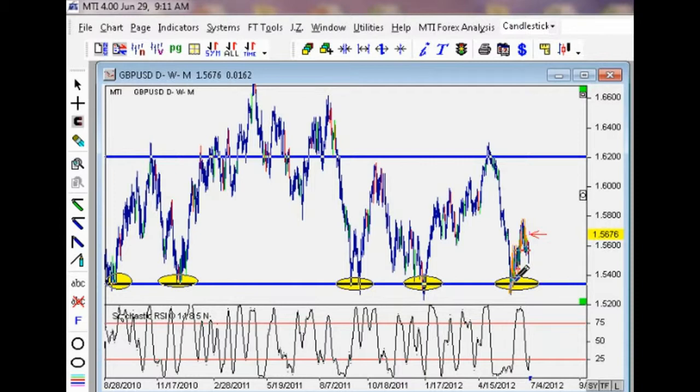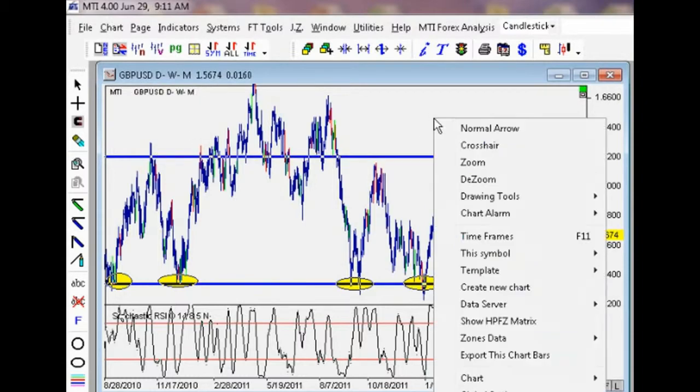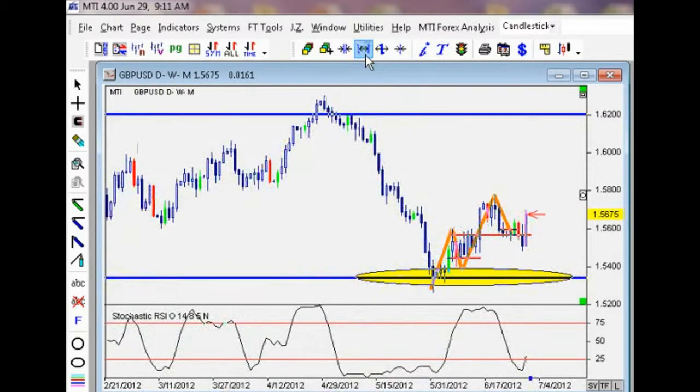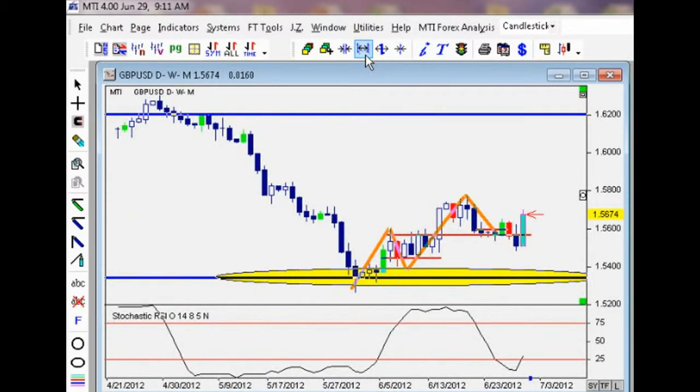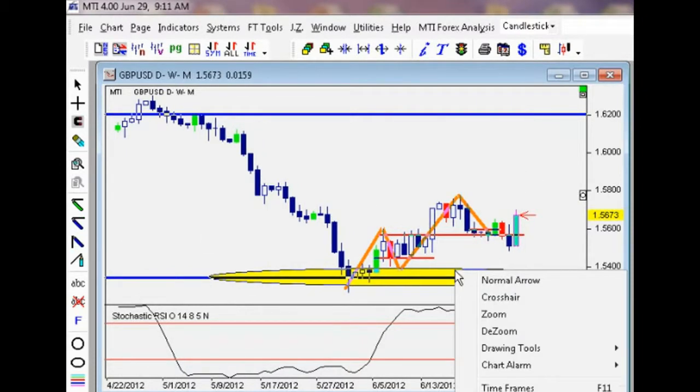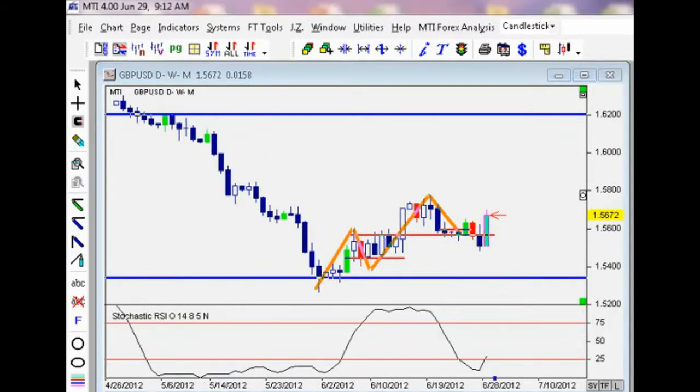But we have to watch and track the market of this movement because it's an 800 or so pip movement. Now, the market will not move in a straight line 800 pips. Well, it has a very low percentage chance of doing so. The market has a very high percentage chance of doing the following: making higher highs and higher lows,